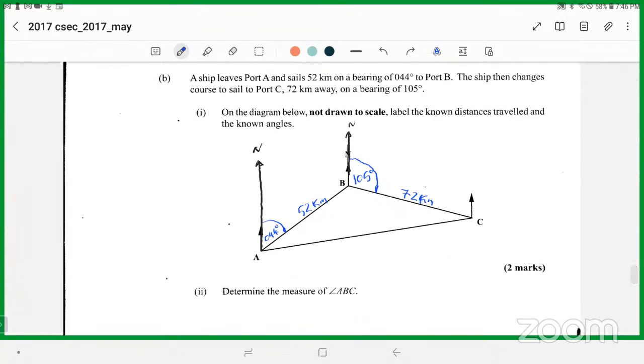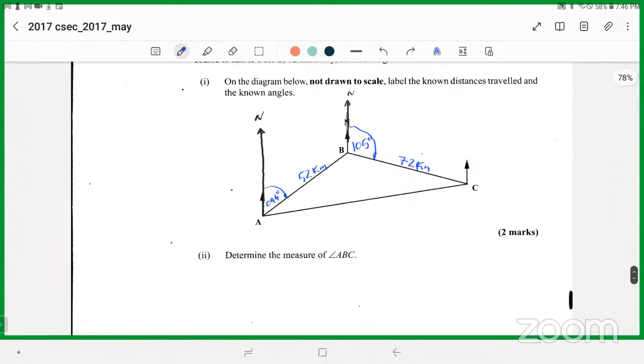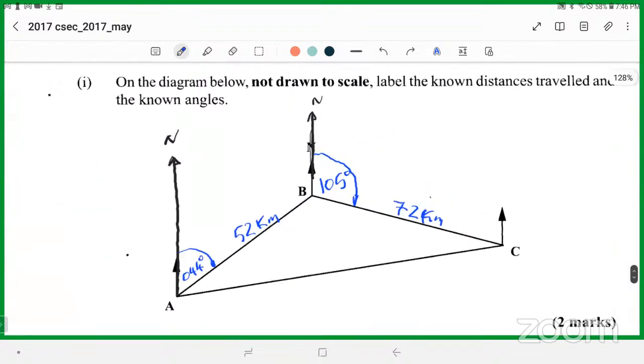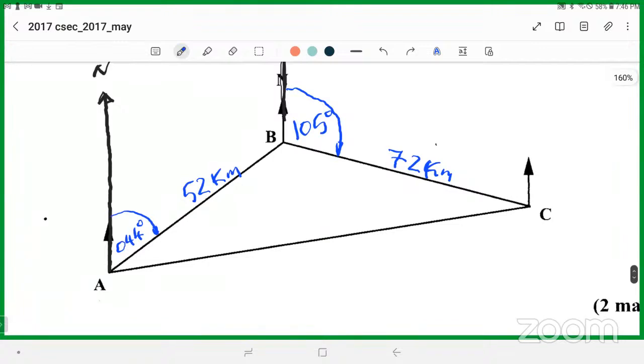It says on the diagram, not drawn to scale, label the known distances traveled and the known angle. So that's the known angle, that's a 44. It said determine the measure of angle ABC. That's inside here, angle ABC. Now this can be done multiple ways, guys. Multiple ways. We want to find this angle